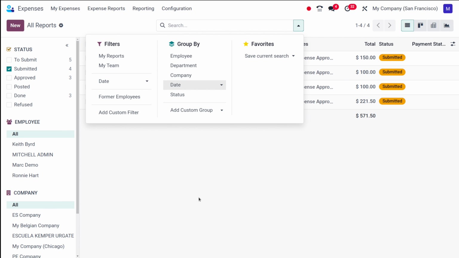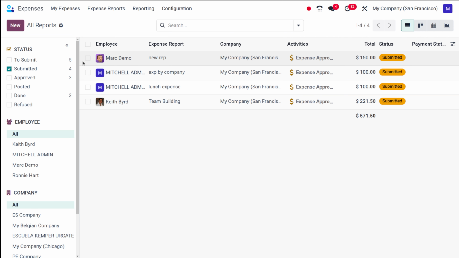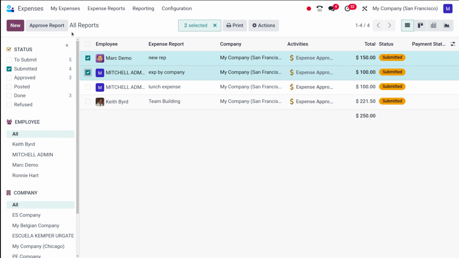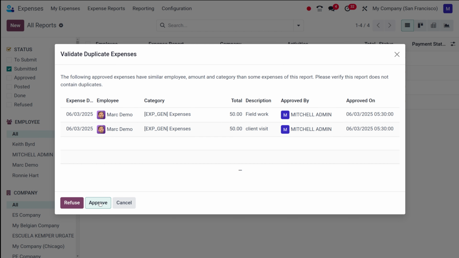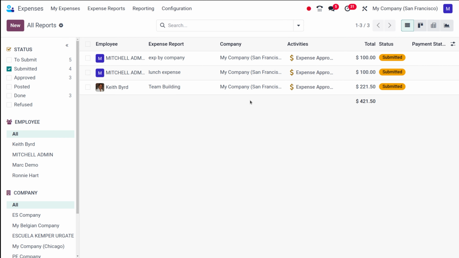So sometimes an expense report might need to be refused. So before that, let me show you. Let's go back and let me show you the approval. See, I'm clicking on approve report and clicking on approving. See, that has been approved right now. So that's how you can choose multiple and click on the approval. Next thing is to see how it's getting refused.